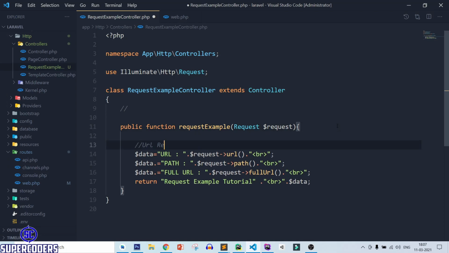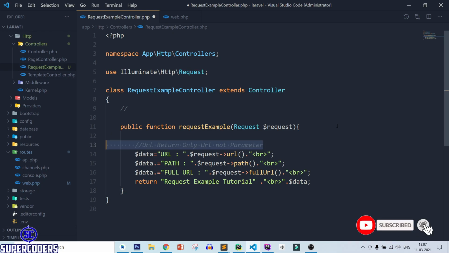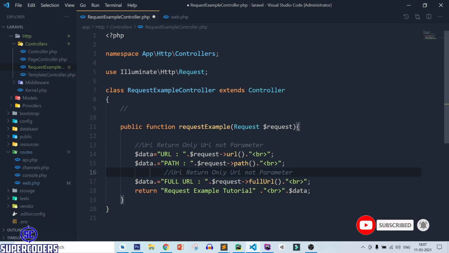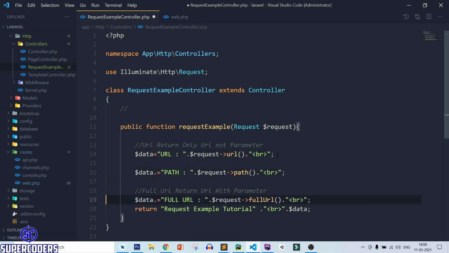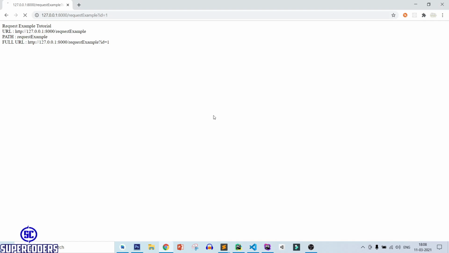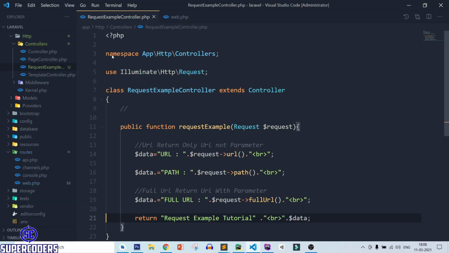URL returns only the URL, not the parameter. Full URL returns with the parameter. Now save this file also, and you can see it is perfect.